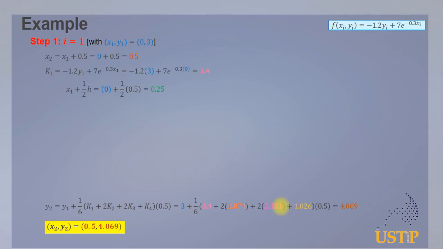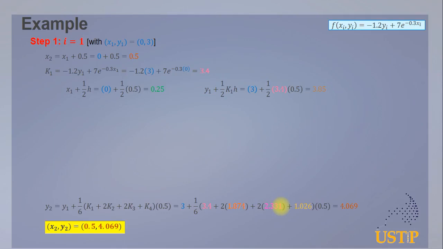Okay. So, we have our k1 using the formula, no? So, k1 is just the function of xi and yi. So, that is simply the derivative, we have dy over dx. So, negative 1.2 y1 plus 7e raised to the power of negative 0.3x1 equal to negative 1.2 times 3 plus 7e raised to the power of negative 0.3 times 0 equal to 3.4. So, by simplifying it,